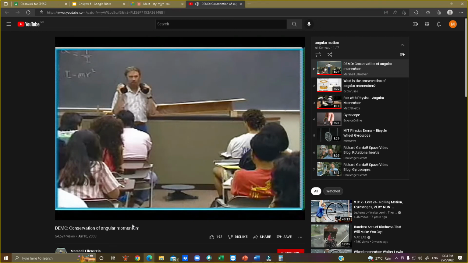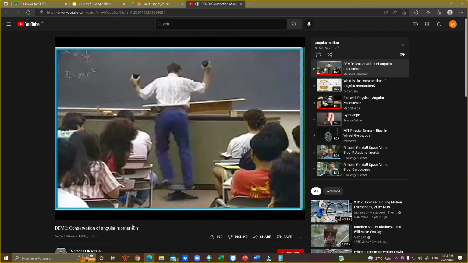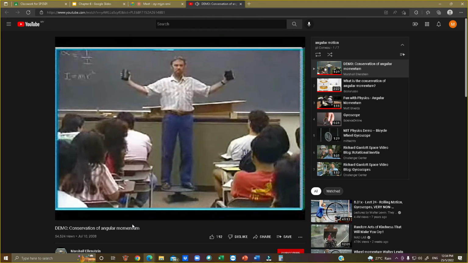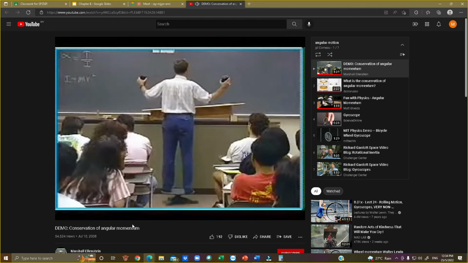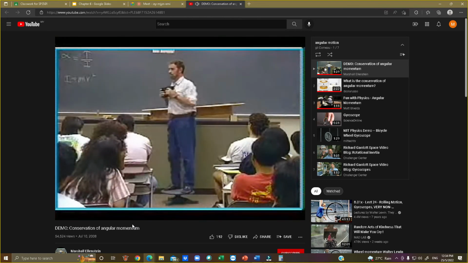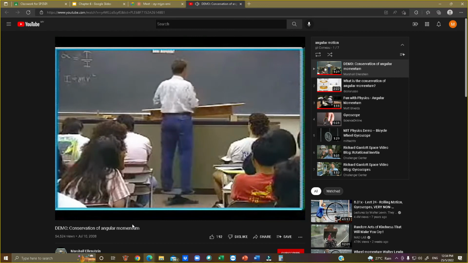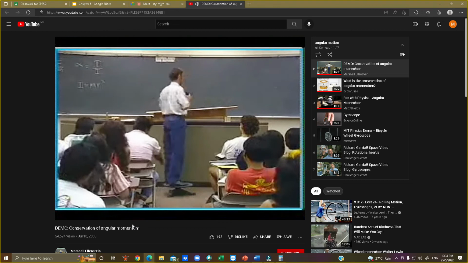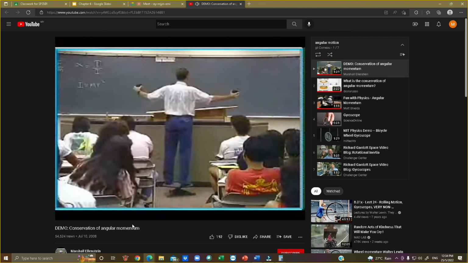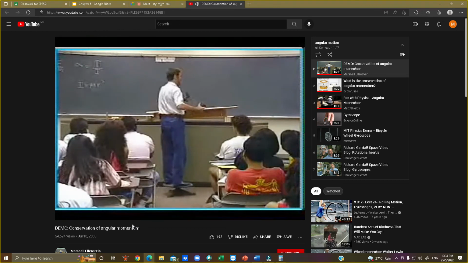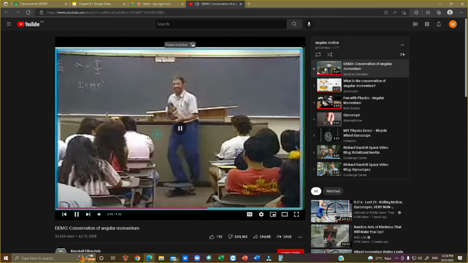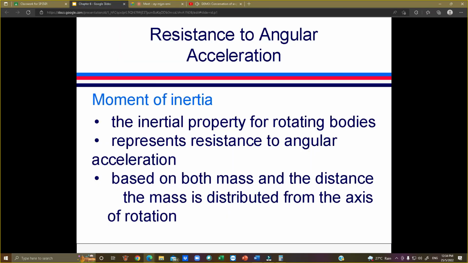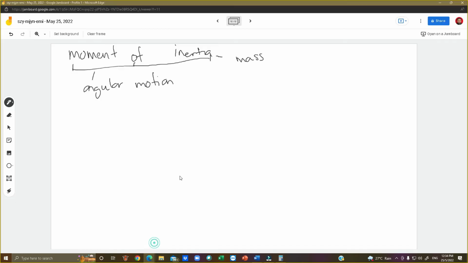A little? So if I get here rotating like this, and I hold them out, what happens when I pull them in? Ooh. Easier to rotate, gang. Harder to rotate. Easier to rotate. Harder. Woo! Okay. You see? Okay. So based on that, what I'm going to show you is actually what we are going to say is,